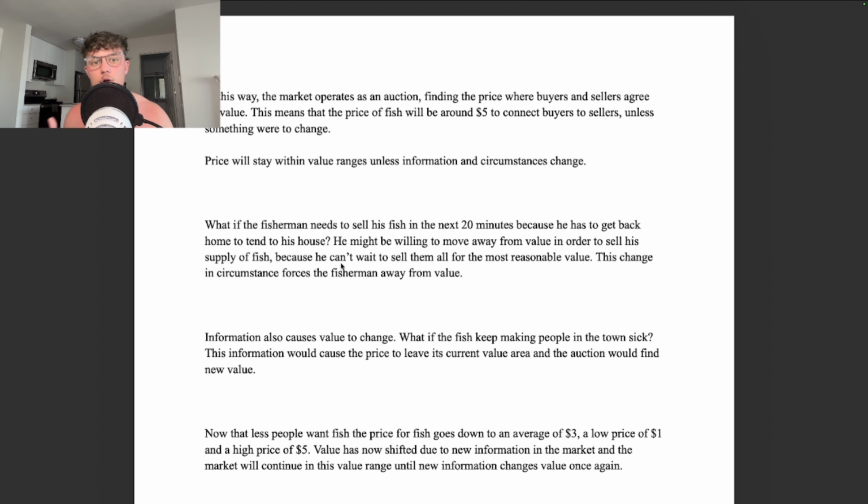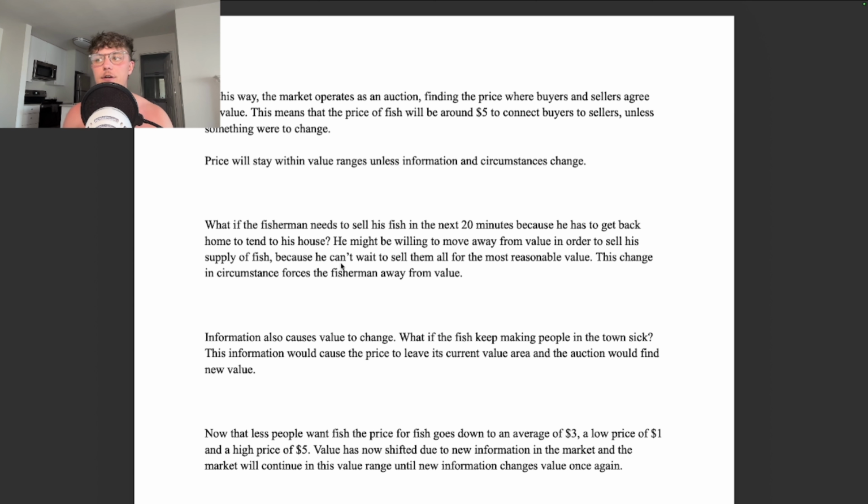He gets back off the boat a little late. He knows that he's got to get back to his house to tend to his cattle or whatever he has to do, right? He has to leave. And so he has to sell those fish that he got on his boat as fast as possible. And so that changes his circumstance. He needs to sell them faster, and he's not as worried about getting fair value or potentially premiums when he sells those fish. So he may sell the fish at discounts to get them off his hands, right? And so that's a circumstance change that might force value or price to change from person to person.